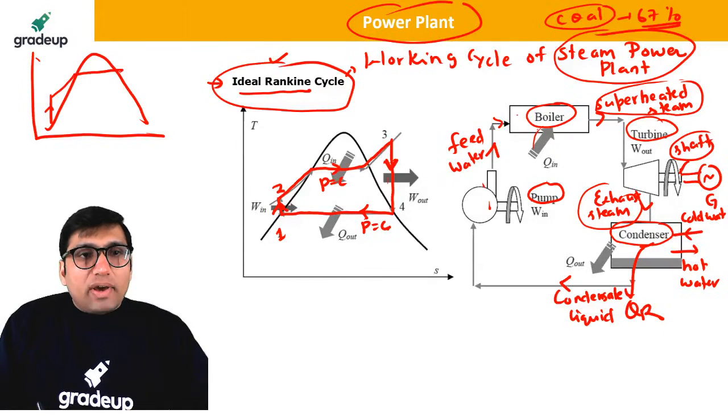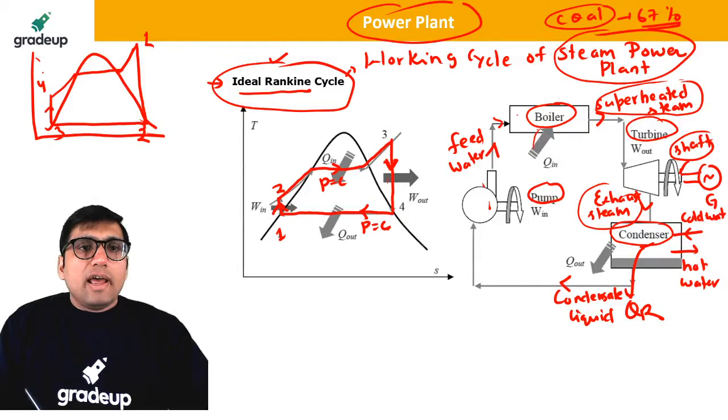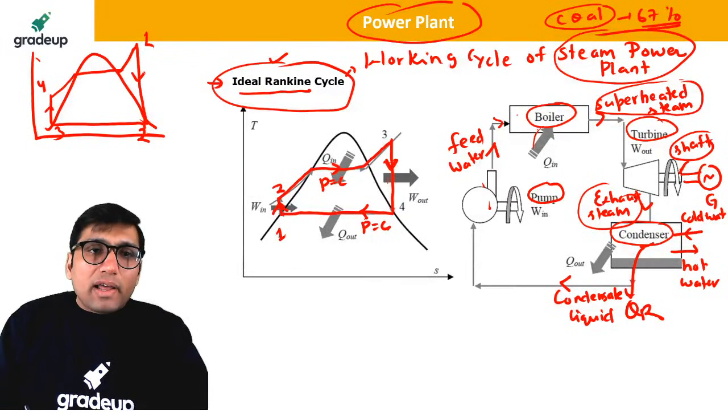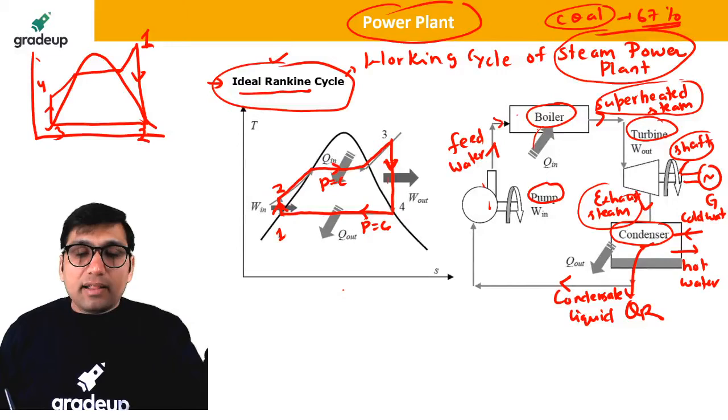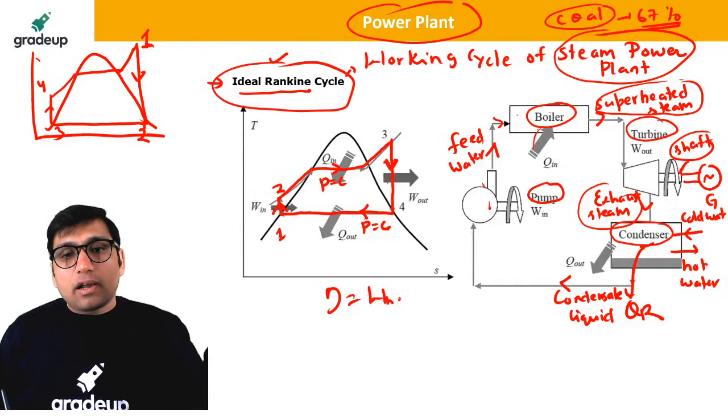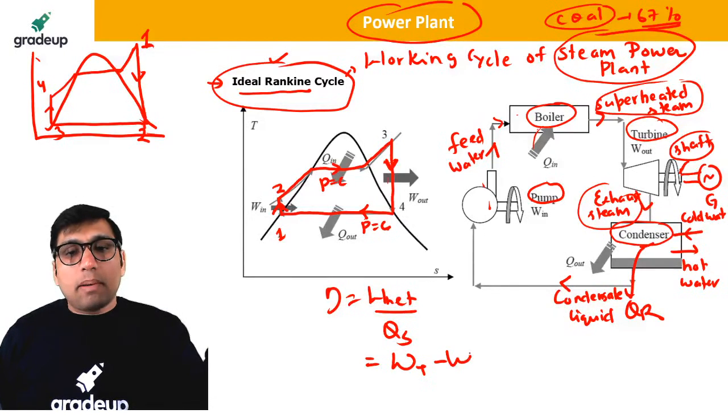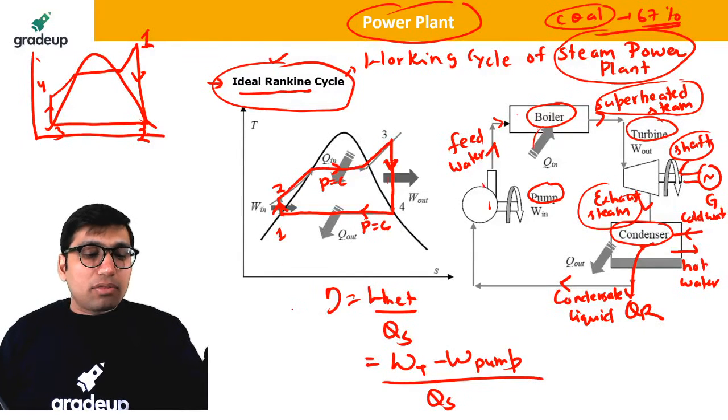So you don't need to worry about whether the cycle starts from a particular point. This is point 1, this is point 2, this is point 3, this is point 4. It doesn't matter whether the cycle started from 1, whether entry to turbine is given as point 1 or entry to pump is given as point 1. Ultimately, the efficiency will be equal to the net work divided by heat supplied. Net work will be turbine work minus pump work, divided by heat supplied. Heat is supplied in the boiler, so it is simply,